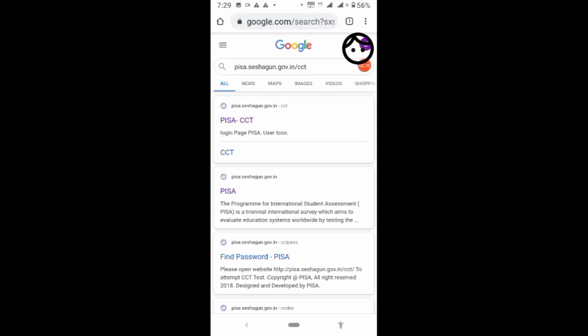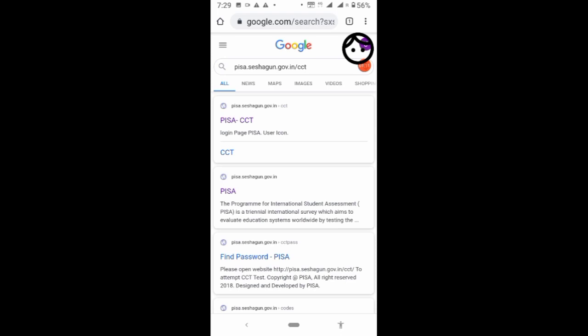So there are total 30 questions of 30 marks. I will show you students how you can enter the test. You all have got a student ID and that student ID should be used as username and password. And all students should have an email ID and your parents' phone number with you. Okay, let us start how you can enter the test.